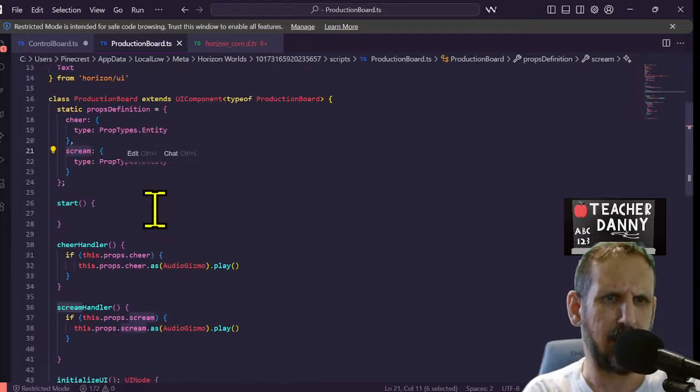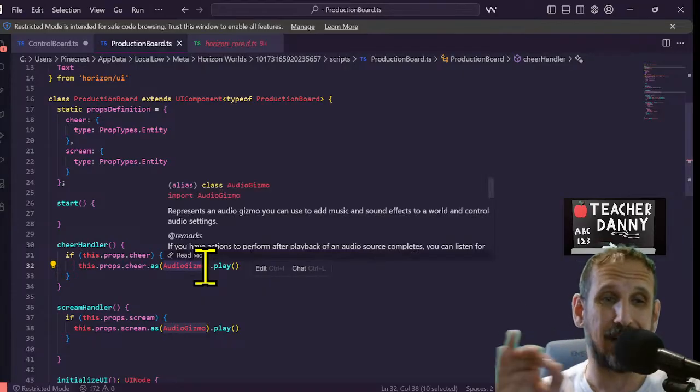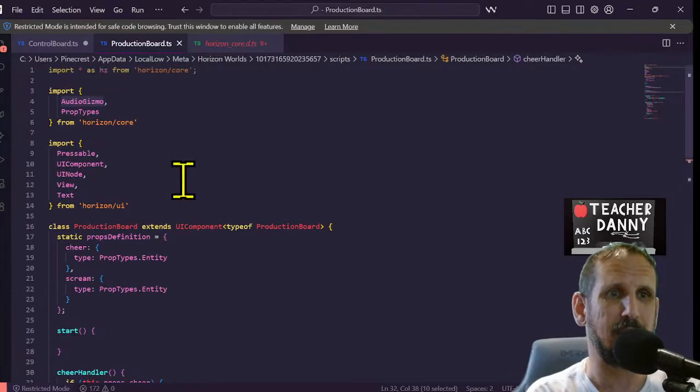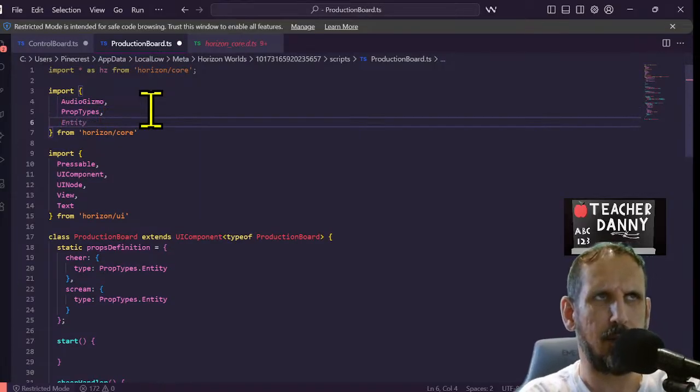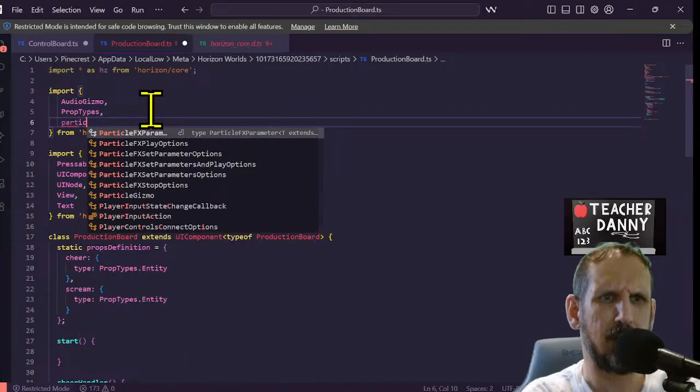So here's what we did. We used audio gizmo. It's identical, just with particle gizmo. Okay, so we're gonna go up to Horizon Core. We're gonna import a particle gizmo,